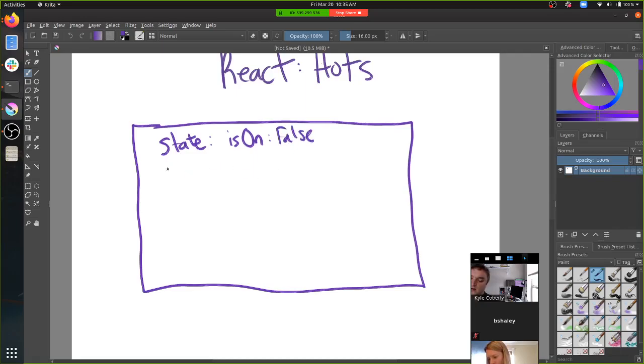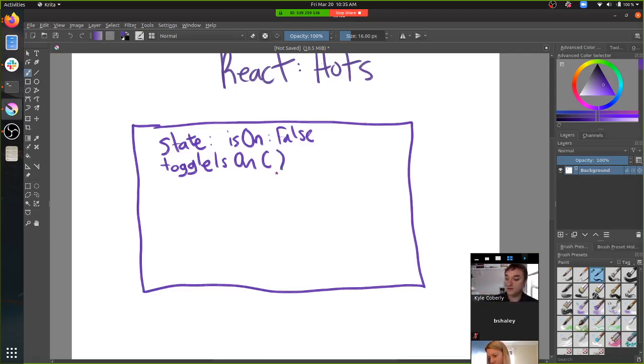And then it also has a method that changes that state. So something like toggle isOn.